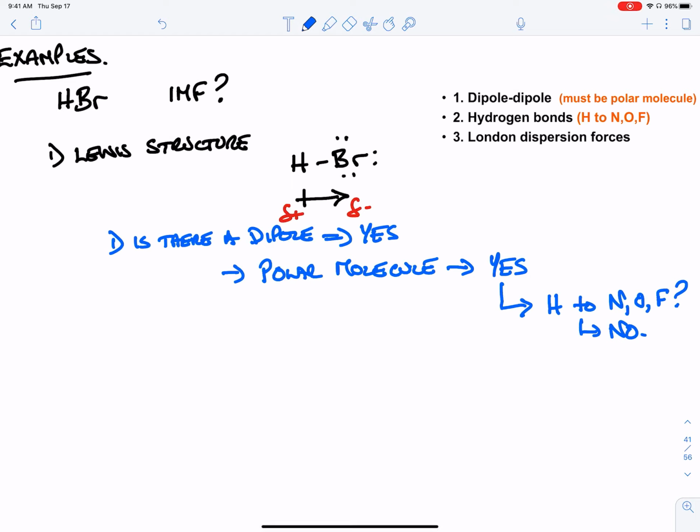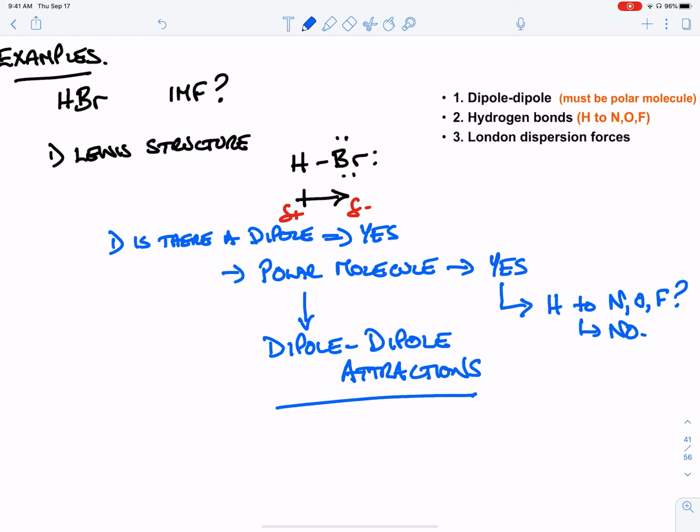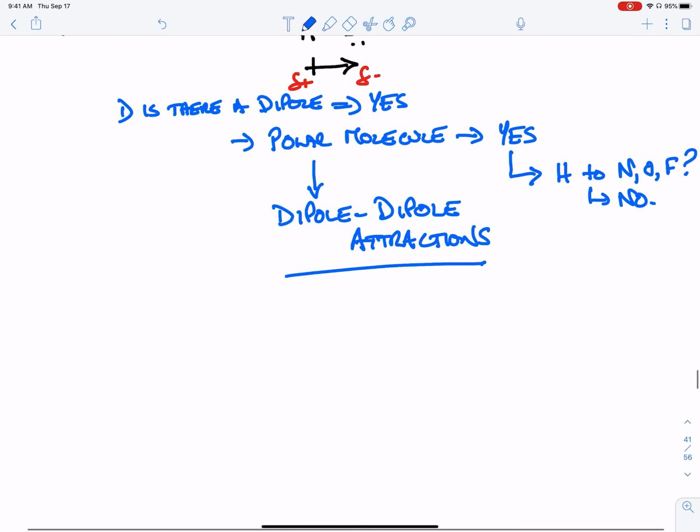And because it's a polar bond, we can say this has a dipole, and because it has a dipole, it has dipole attractions. So in this particular case, dipole-dipole attractions are the intermolecular forces in HBr. And so we could look at another example. We were given